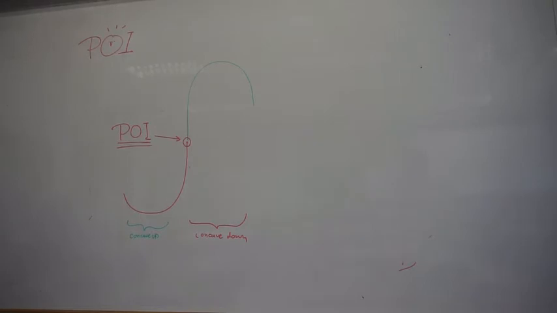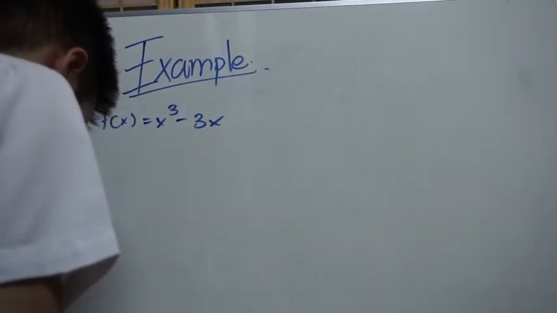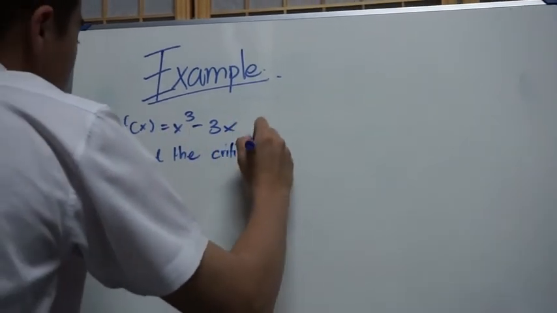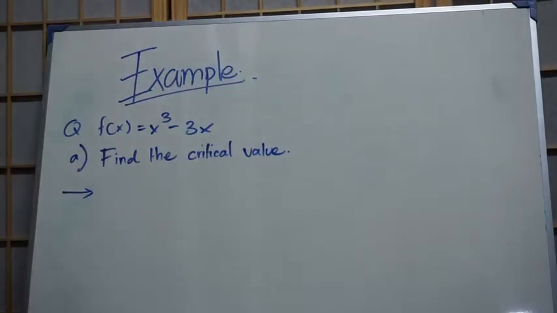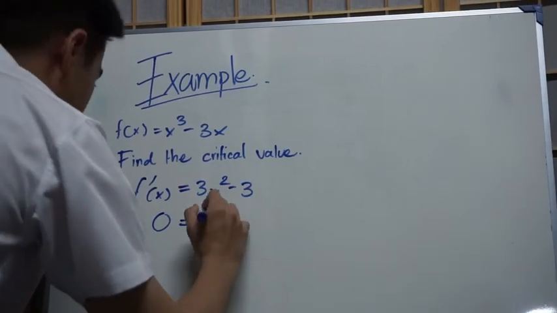Relative minimum and maximum. As we know, the x value is the highest or lowest point, but it's still not proved where the point is. So the function for this example is x cubed minus 3x, and the first thing that we have to do is find the critical value. Critical points, as we know, are the points where velocity is